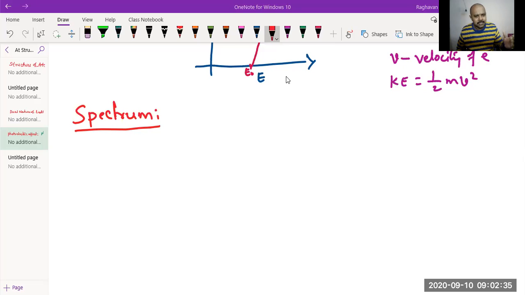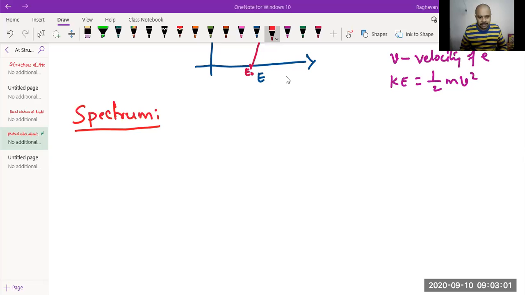Those 7 colors are the pattern of radiations obtained by arranging radiations in a particular order of their wavelength. So from violet to red, VIBGYOR, wavelength increases. That is the pattern of radiation. VIBGYOR is the spectrum we call the visible spectrum, in which different radiations have been arranged in the increasing order of